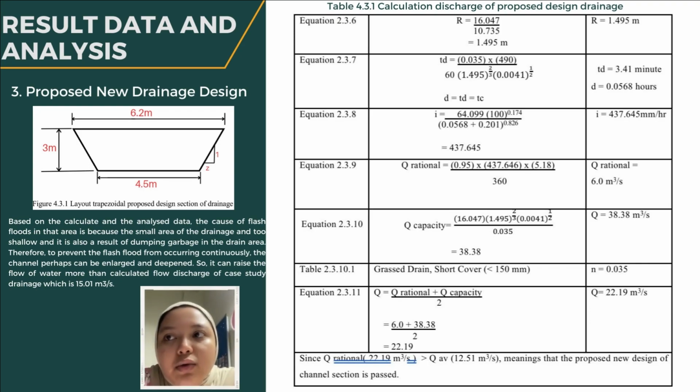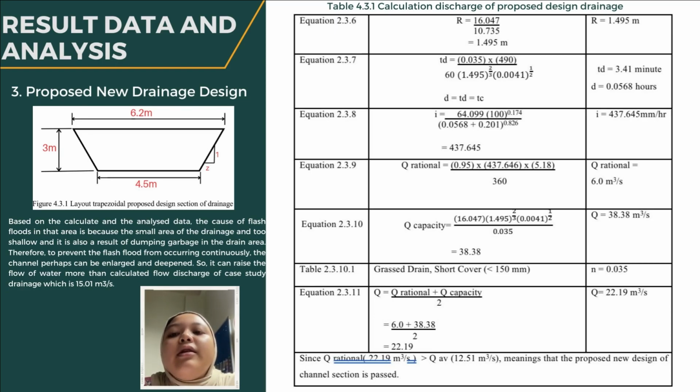meter. And for equation 2.3.7, we got the drain flow TD is 3.41 minute and for T is 0.056 hours. And for equation 2.3.8, we got the rainfall intensity is 437.645 millimeter per hour. And for equation 2.3.9, we got the Q rational is 6.0 meter square per second. For equation 2.3.10, we got the Q capacity is